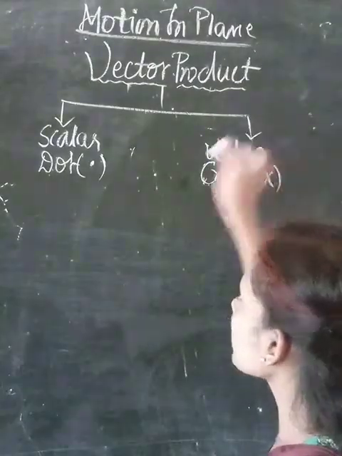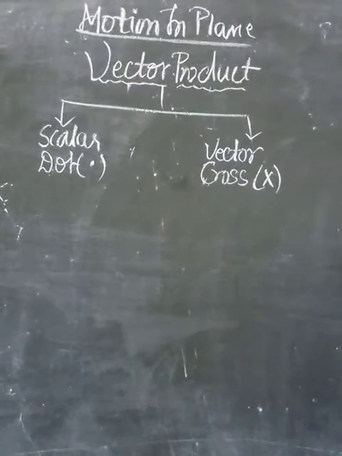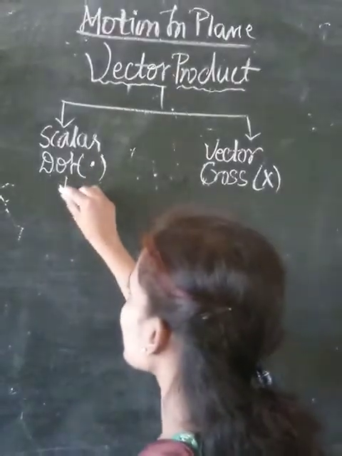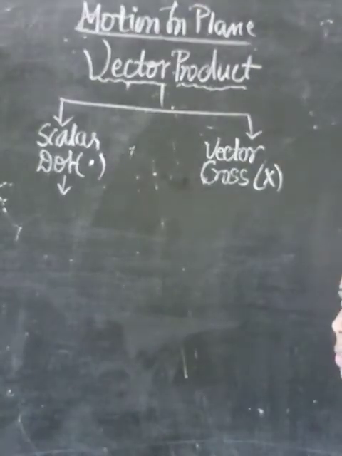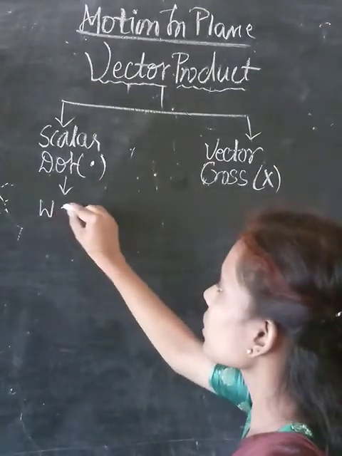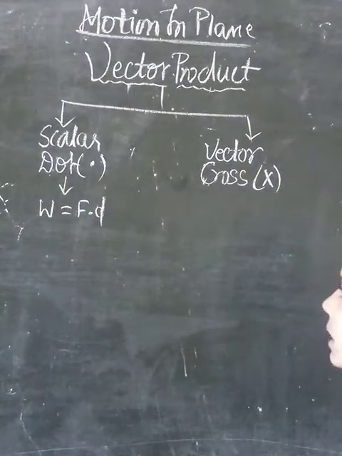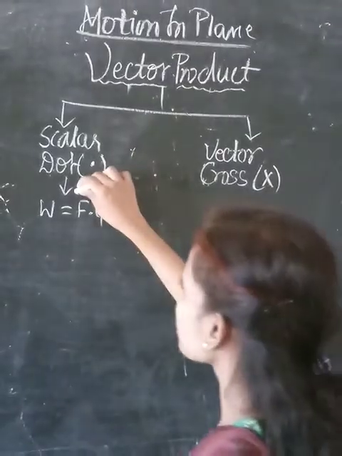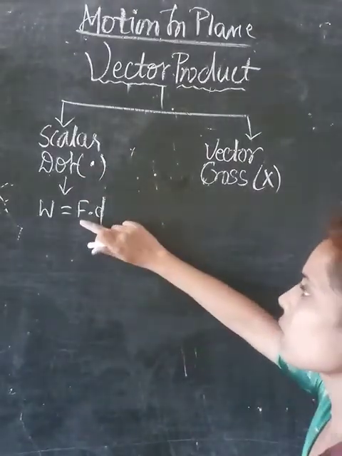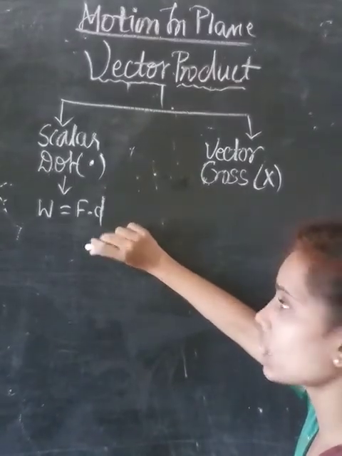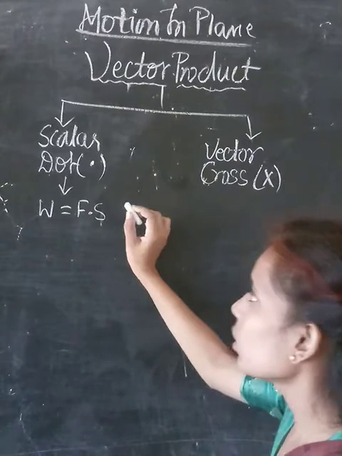Now see the example where we see the scalar and vector quantities, because we are multiplying two vector quantities, but the solution depends on what the product is. If you have seen in earlier classes, force into displacement is given for the work done, that is, work done is equal to force into displacement, right? You have done this in class 9th, chapter 3rd, I think. Here we know that force is a vector quantity, and d, that is the displacement, is also a vector quantity. In some books it is written as s also, so don't be confused.